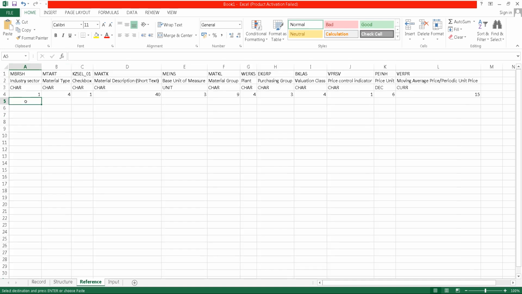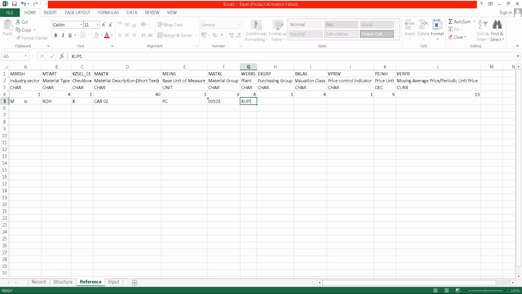Now we enter whichever data is ours. This industry sector is mechanical, so I give M. Then material type ROH. The selection one, given selection of basic view, that is given X. Then material description I put car 0 2. Basic unit of measurement piece. Material group 00103.